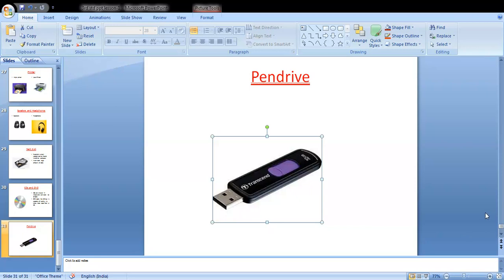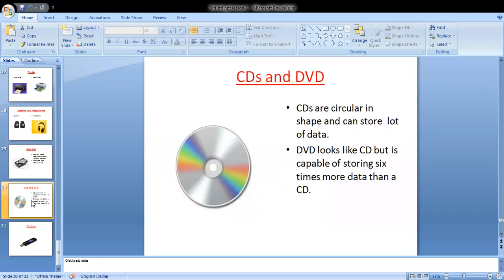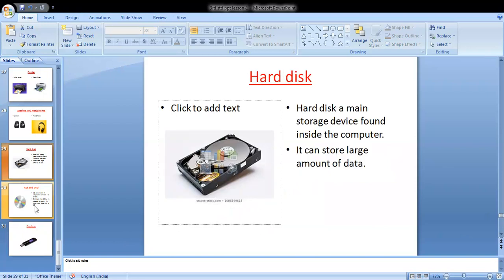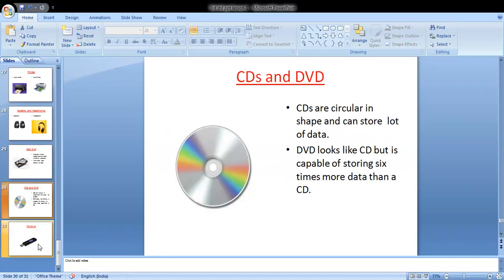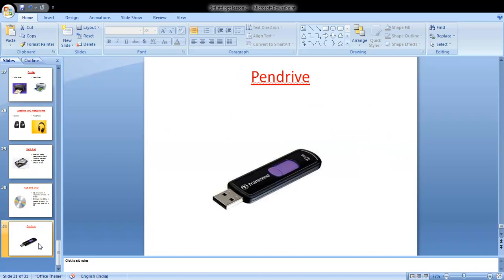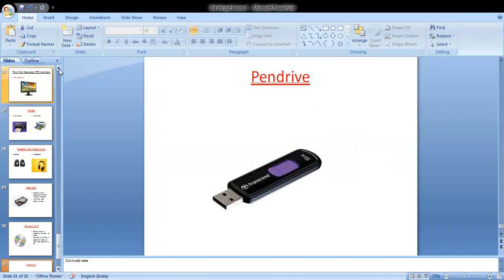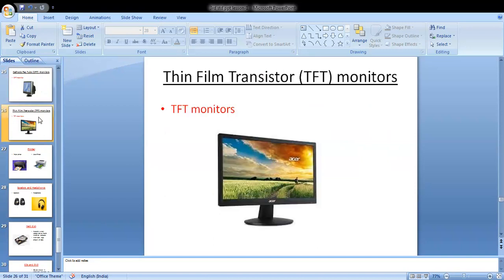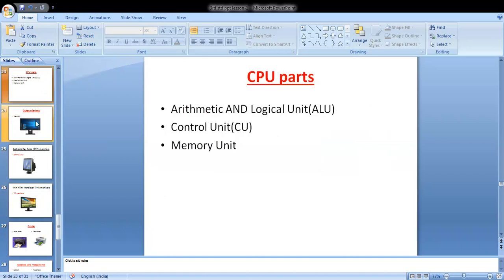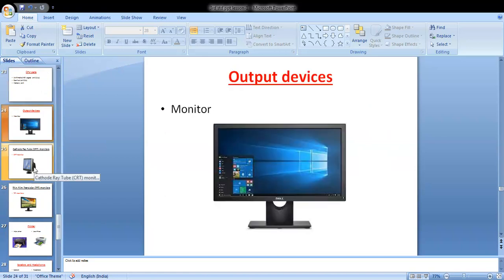Okay, next, do you have any doubt about this? So what are the storage devices? Hard disk, CDs, DVD and pen drive. And what are the output devices? Yes, monitor.